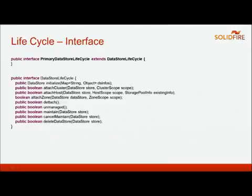All right, more code. Same kind of thing as the last thing we looked at. You've got the primary data store lifecycle interface extending the data store lifecycle interface. The primary one at this point in time doesn't have any methods that are specific to primary storage, so it just inherits all of the methods that you have to implement from the data store lifecycle interface. Some of the interesting ones would be the initialize method that I was just referring to. If you're cluster-wide storage, you might want to do something when you attach to a cluster. If you're zone-wide storage, possibly when you attach to a zone. I don't think attach host is actually invoked at the present time